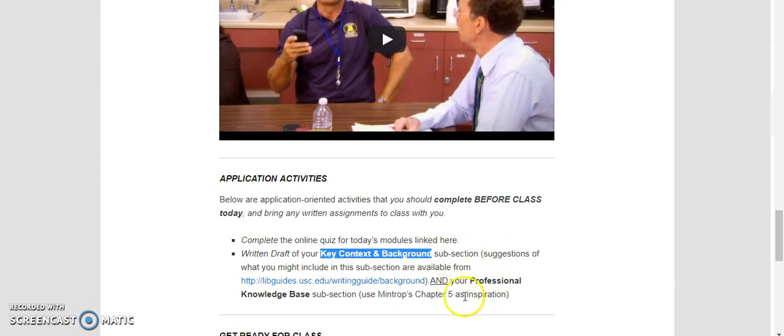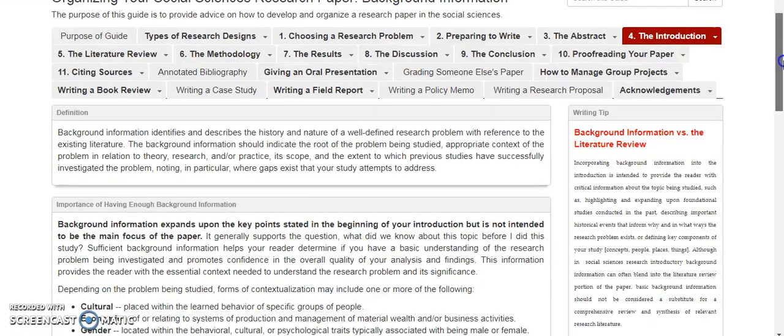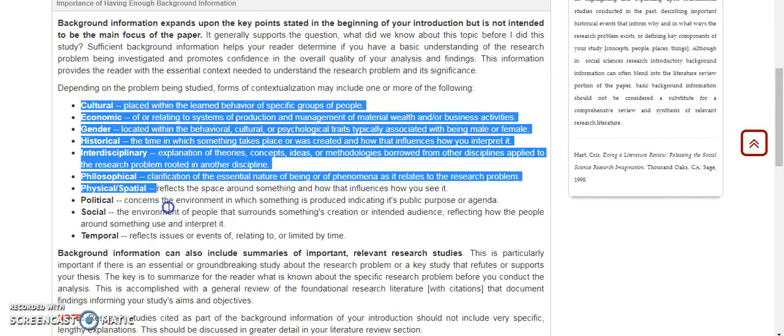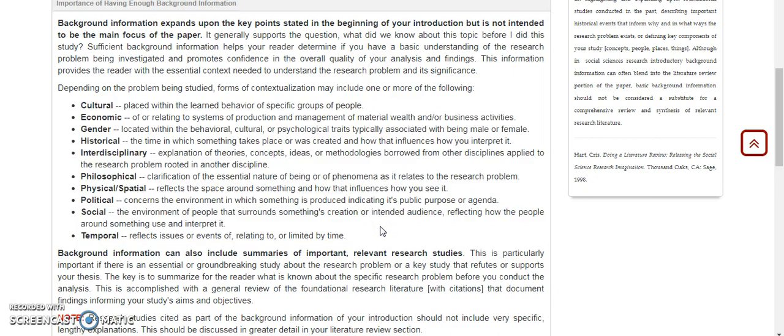For both of them, I have some resources here you can consult. One, this key context and background link, I'm just going to open it up so I can show you, is a link to how you can write background information for papers. It gives you a whole list of the different kinds of factors you might want to consider, from the cultural to the economic to the gender, all the way down to the social and the temporal. So it's meant to be a resource, not an exhaustive list of what you're actually supposed to be